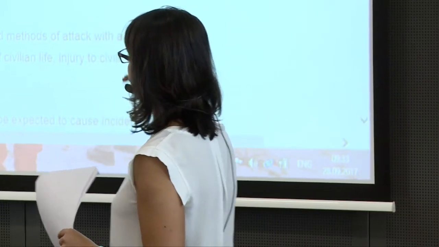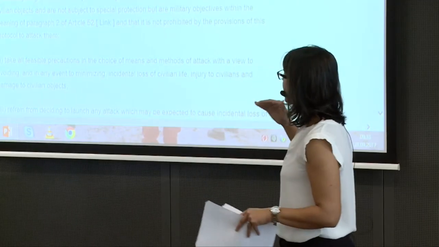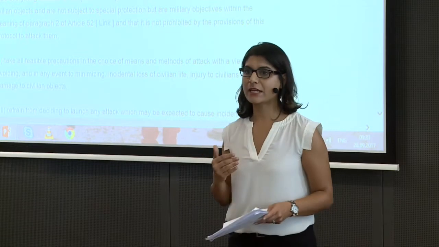Now, with respect to attacks, what are the precautions that can be taken? It says, do everything feasible to verify the objects are neither civilians nor civilian objects, and they are not subject to special protection, but are military objectives, and that you should take all feasible precautions in the choice of means and methods of attack with a view to avoiding, and in any event to minimizing, incidental loss of civilian life, injury to civilians, and damage to objects. This basically means that a commander in the planning phase has to assess,